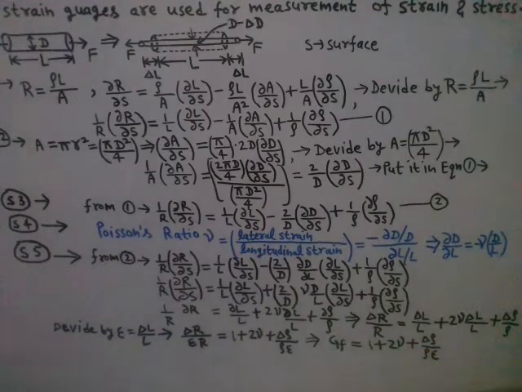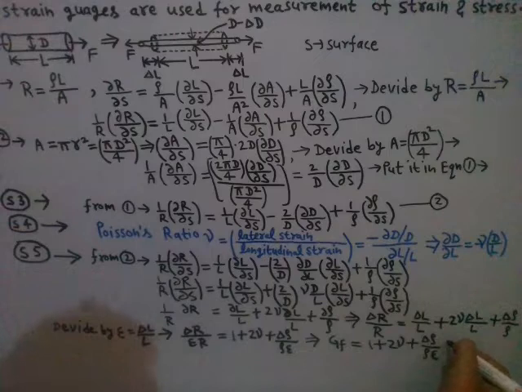So gauge factor is equal to 1 plus 2 into Poisson's ratio plus del rho by rho into epsilon. So if you ignore this third term, considering that the change in resistance due to change in resistivity is very small, almost negligible, then you can ignore this third term,